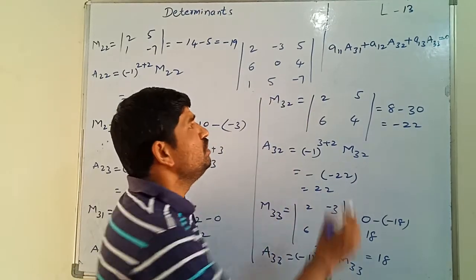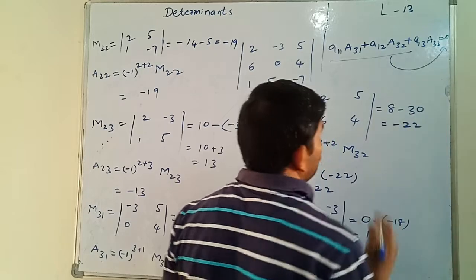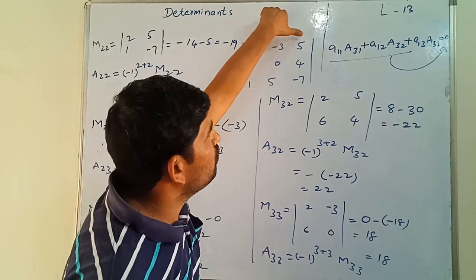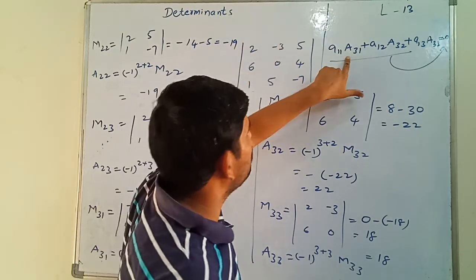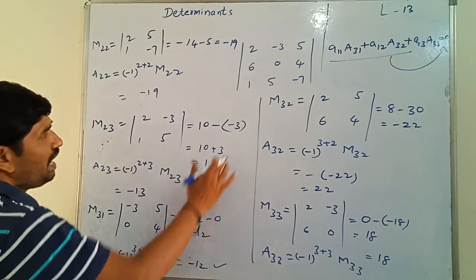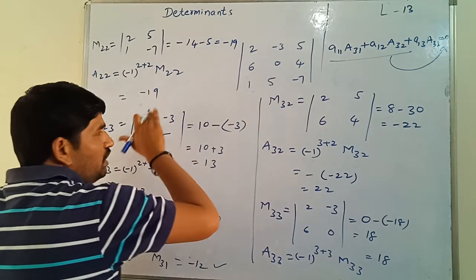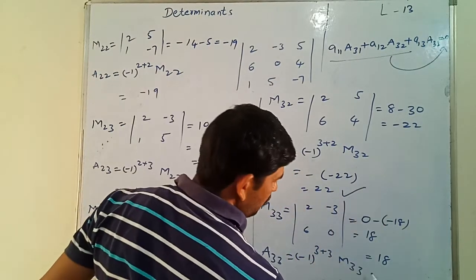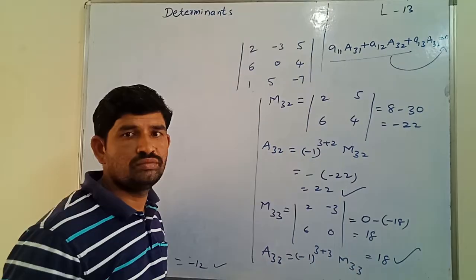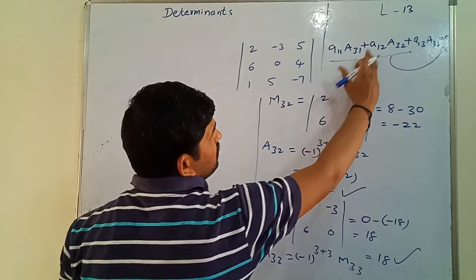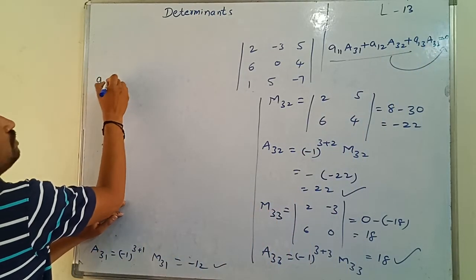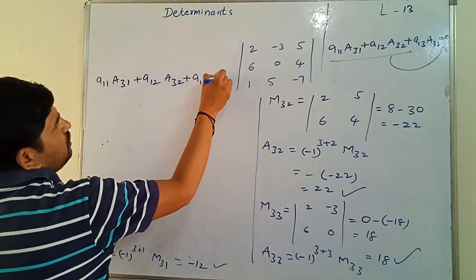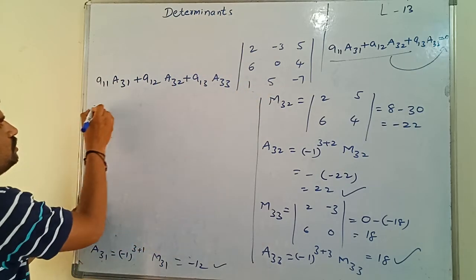Now we have to verify whether this gives the result 0 or not. All the values are here. A11 is nothing but the first element, A12 is the second one, A13 the third one. Yes or no? After that, A31 is already here. I will rub this part and take this one here, and the values are already here. A31 is there, A32 is there, A33 is also there. Now we can substitute. We have to verify whether the result is 0 or not. I will write A11 A31, A12 A32, and next A13 A33. I will check if the result of this is 0 or not.